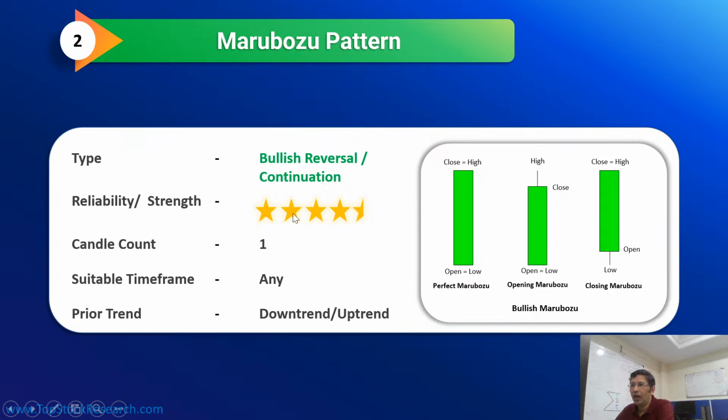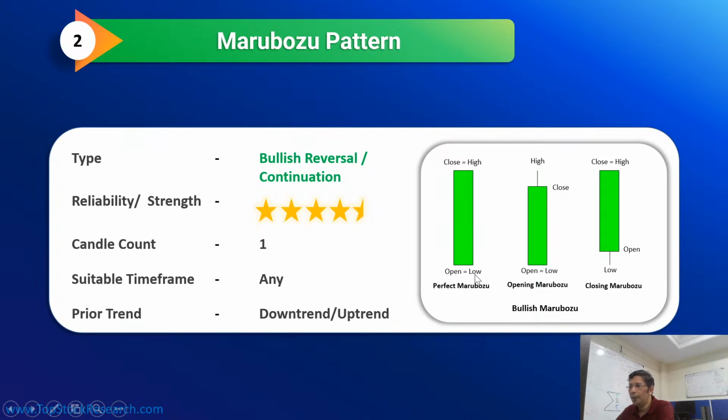It is a bullish reversal and continuation pattern, right? This is part of both reversal as well as continuation. It has a much higher reliability. It can be formed in a downtrend or an uptrend, right? The best is if it is formed in a trend. What this means is,